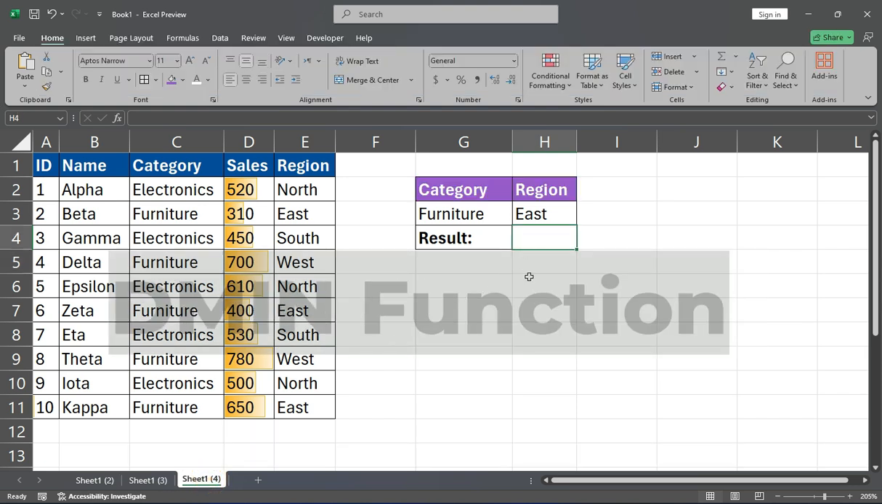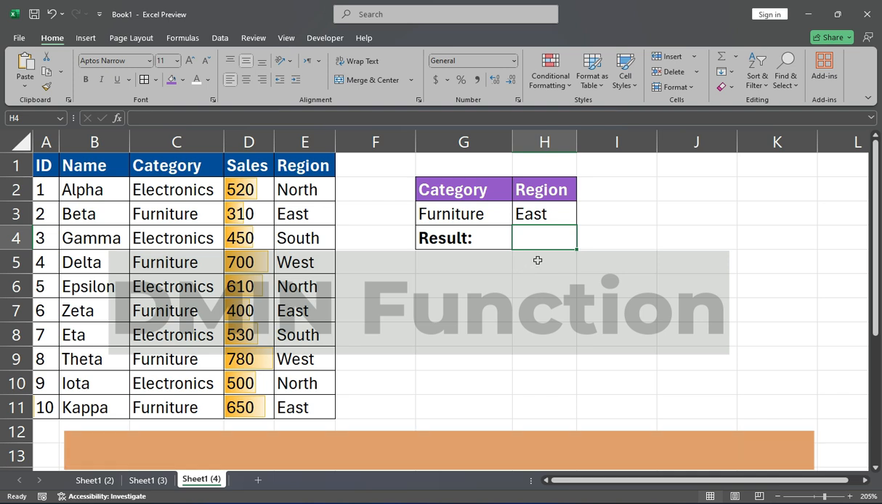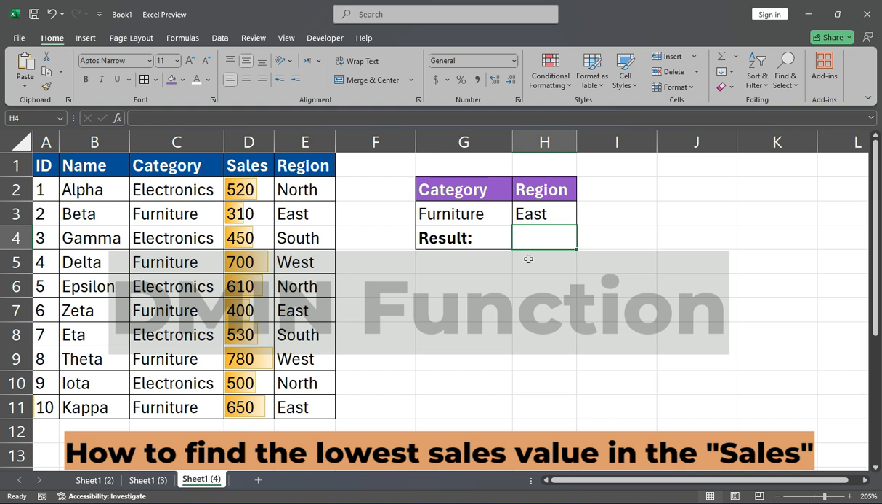Now let's move to the DMIN function. The DMIN function works in a very similar way to DMAX, but instead of returning the maximum value, it returns the minimum value in a column that meets the criteria. For example, to find the lowest sales value in the sales column for a particular category or region, you can